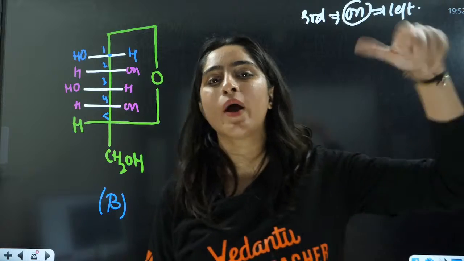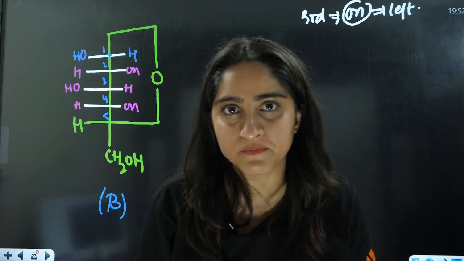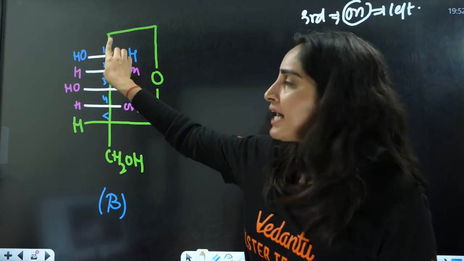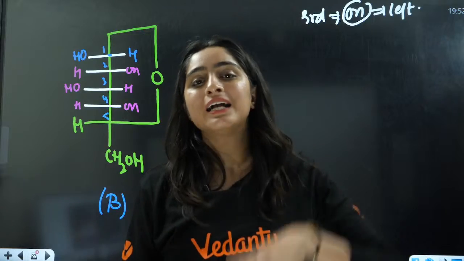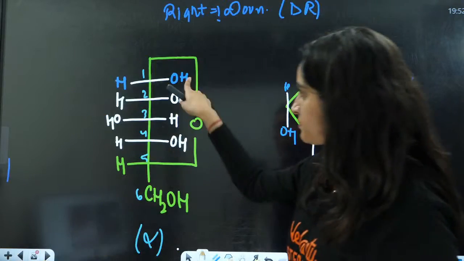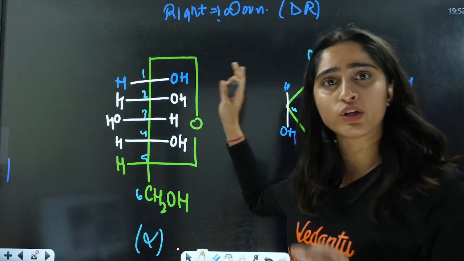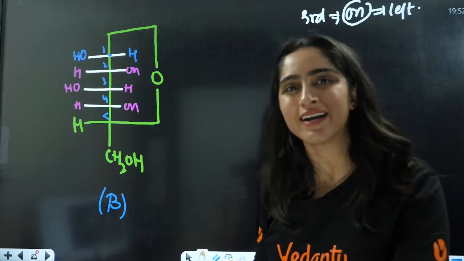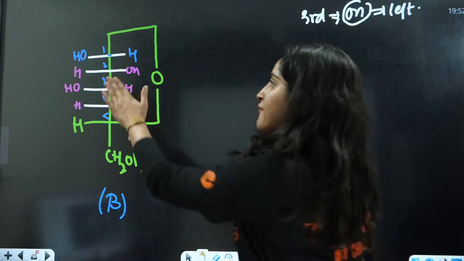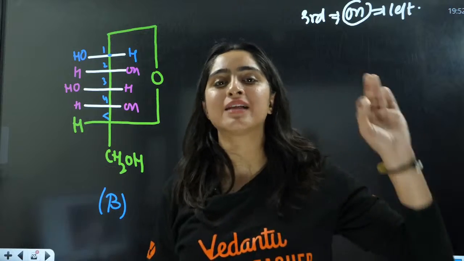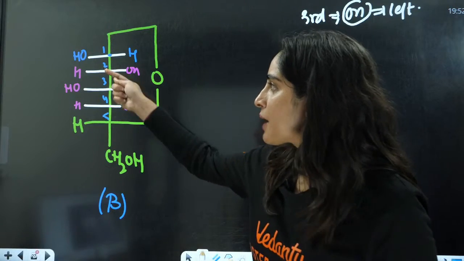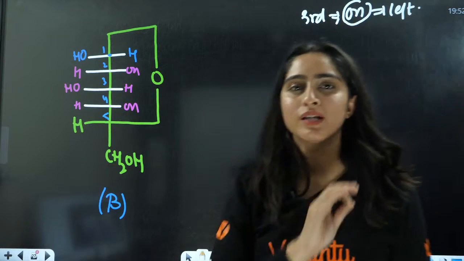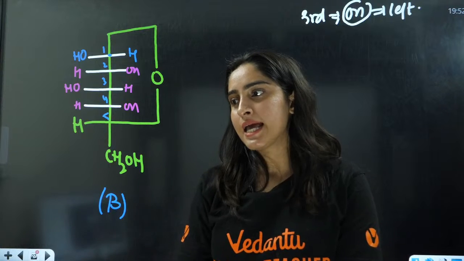Now, how to define the OH where? In glucose, this first carbon initially was an aldehydic group. If it was converted so that the first carbon has OH on the right side, that is alpha. If the OH group is on the left side, that will be beta glucose. Everything else is the same as the open chain structure of glucose, on the second carbon, third carbon, fourth carbon. We have just the third carbon with OH on the left side, that's it. Okay? Yes, everyone?